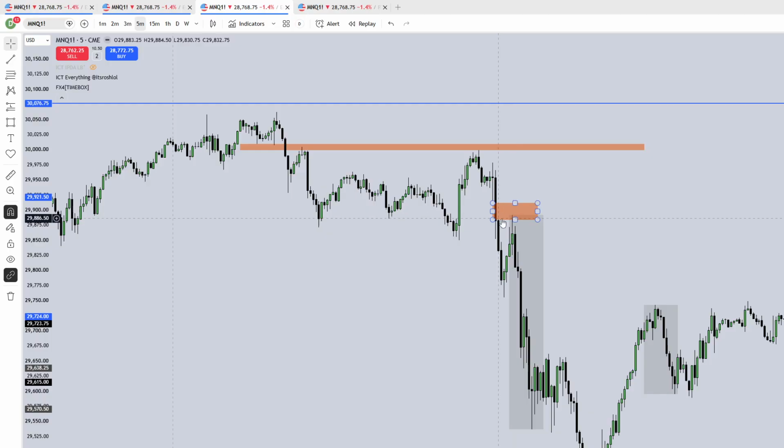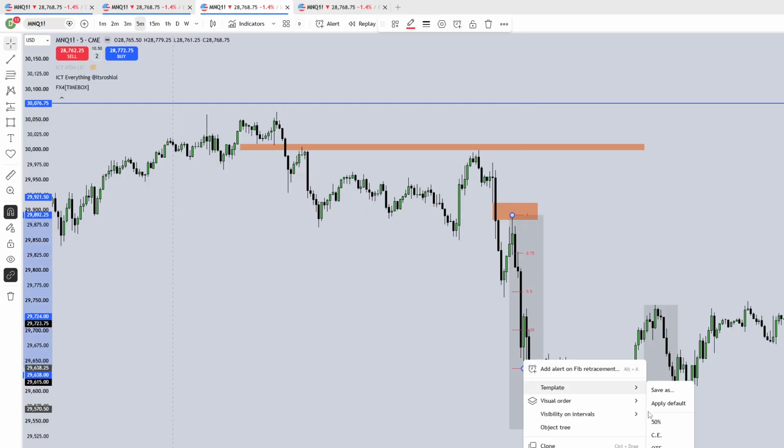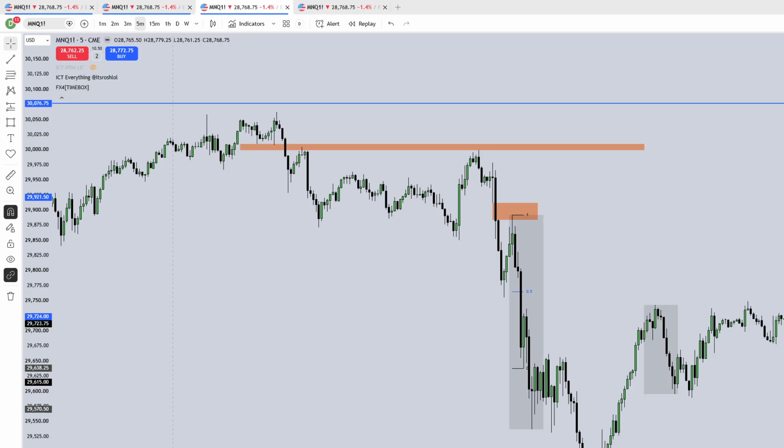This was a discount fair value gap for 2022 model, and then the opening range gap midpoint is right around here. Bodies reject that, and then we make this first leg short for 2022 model. So go short there, stop above candle 1,